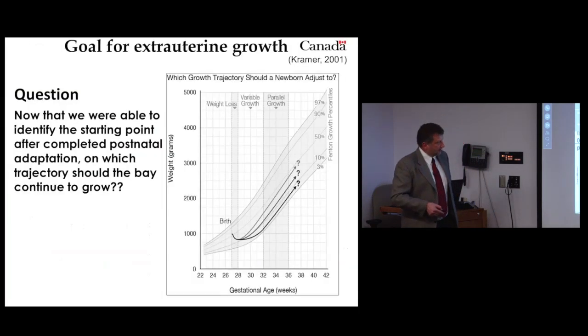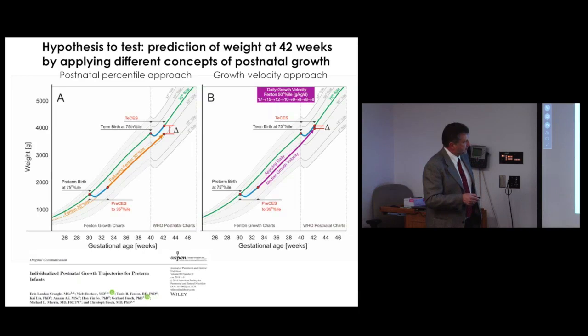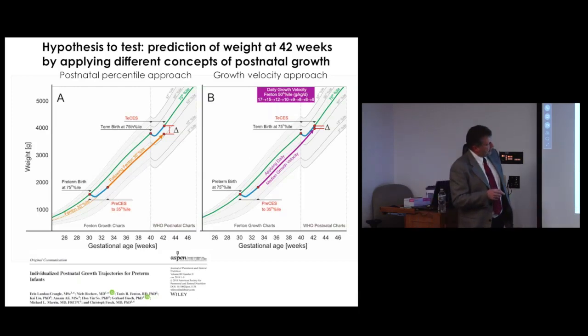So now, with this in mind, we said we have found this point, now can we create a trajectory that leads us to this point? What many people would do is that the baby now adjusts here to a new percentile, and you would follow this percentile. So we took that approach because that is common practice in units, that they use the percentile where the baby adjusts to. So we followed this percentile, and then we measured the difference to the target weight. And we did that for all gestational ages and for all major